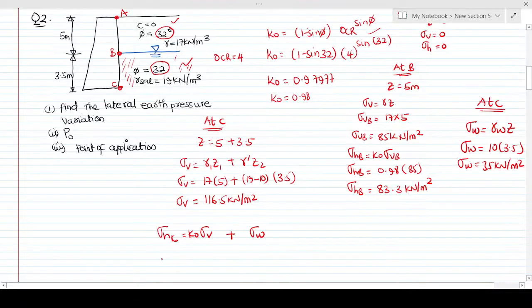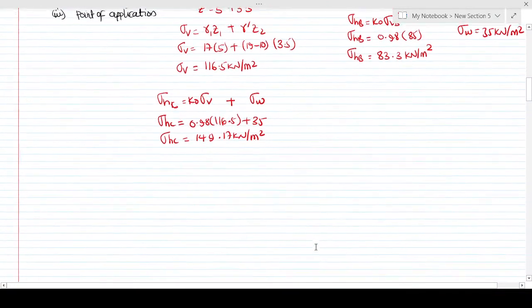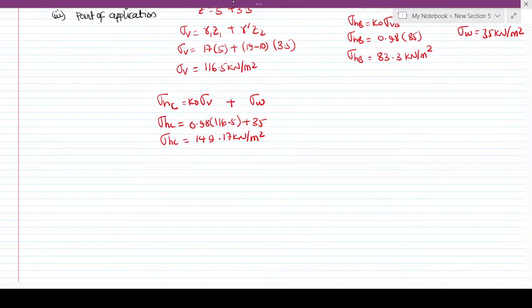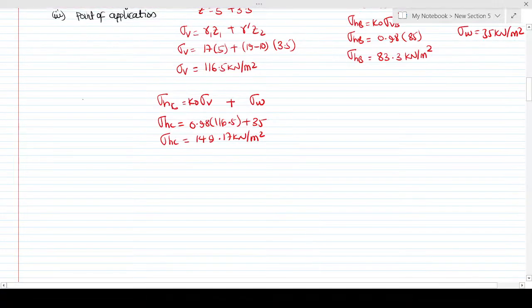So I just put it here. My lateral at C is going to be K naught, which was 0.98, times 116.5 plus my 35. So my lateral at C is going to be 149.17 kilonewton per meter squared. So I just draw the variation. Let me change the color and draw the variation. So if this was the retaining wall,